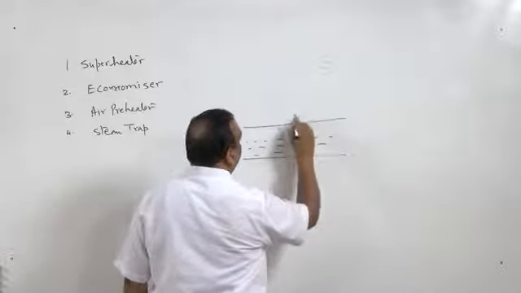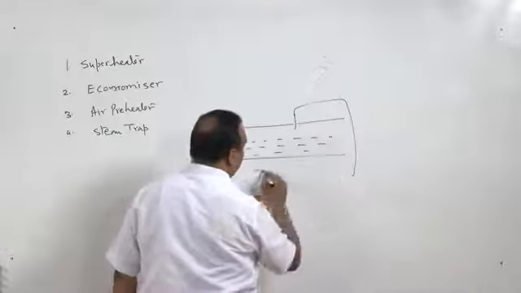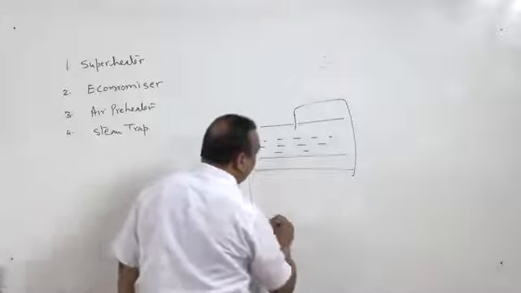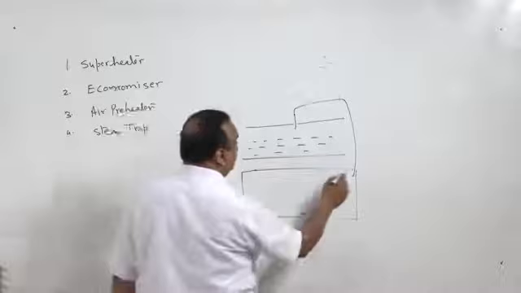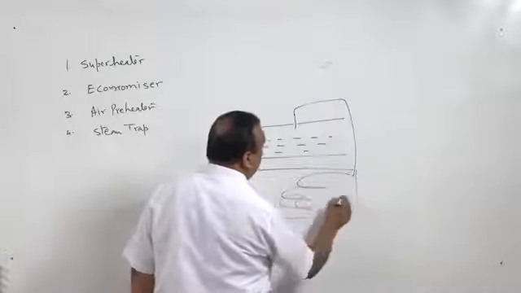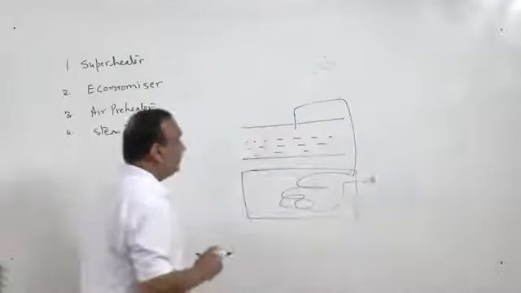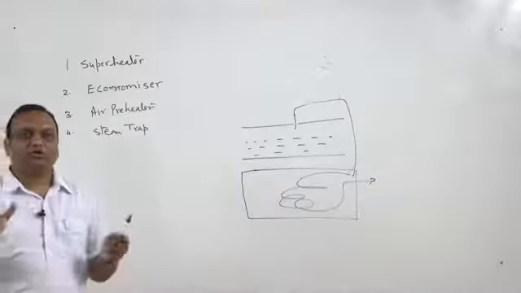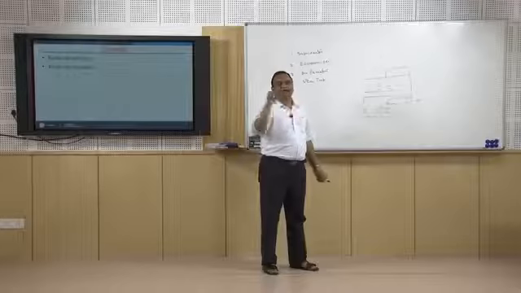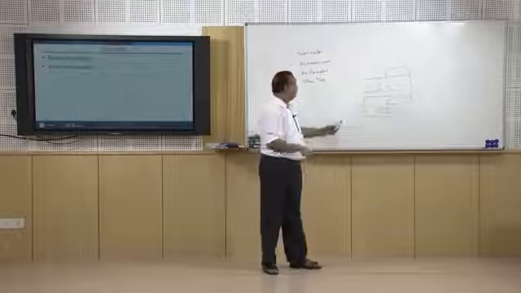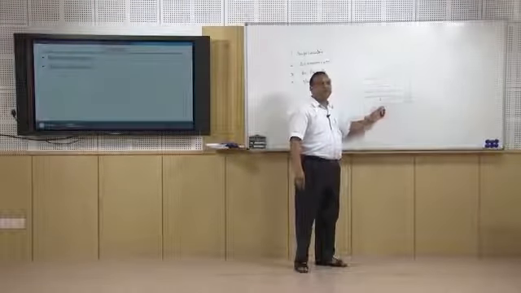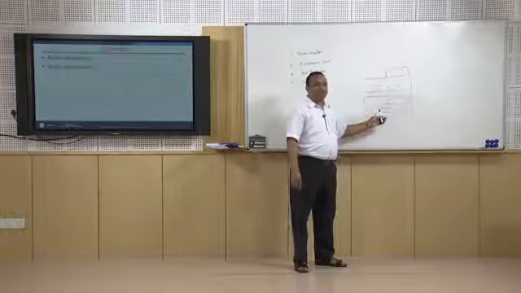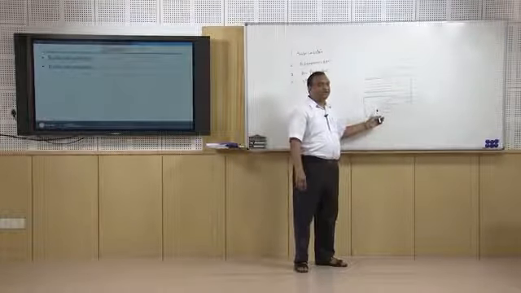So, steam is taken from the shell, and again it is put to the grate or in front of the flue gases, so that it picks up heat from the flue gases and superheated steam is available for use. The superheater is simply an arrangement of pipes; saturated steam is taken from the shell and recirculated in the grate also. When it is recirculated in the grate, it is known as radiant heating.